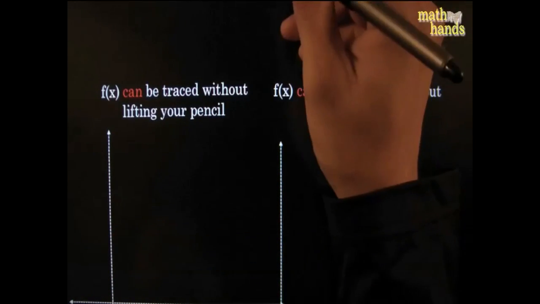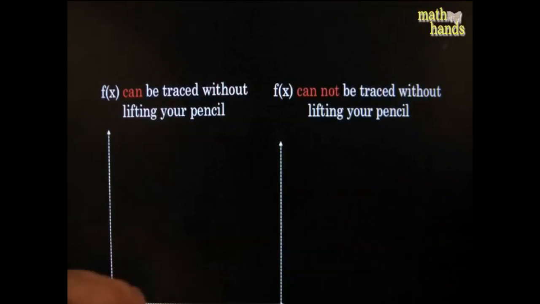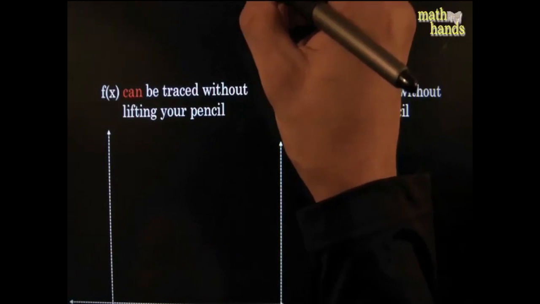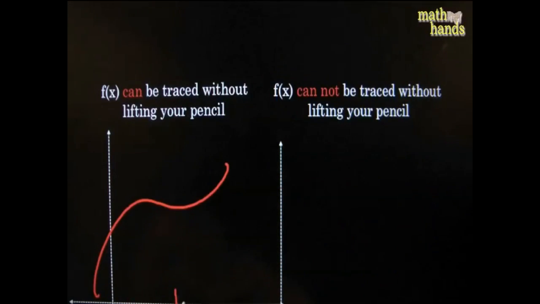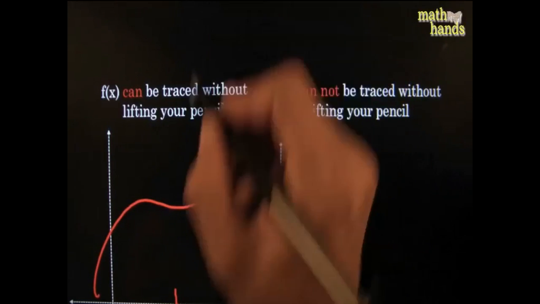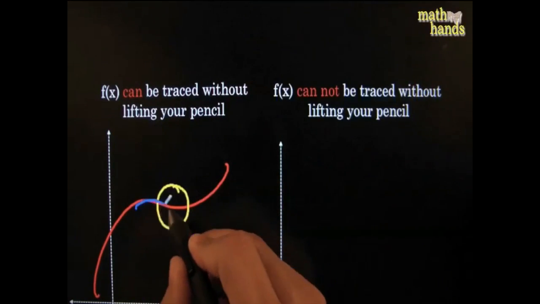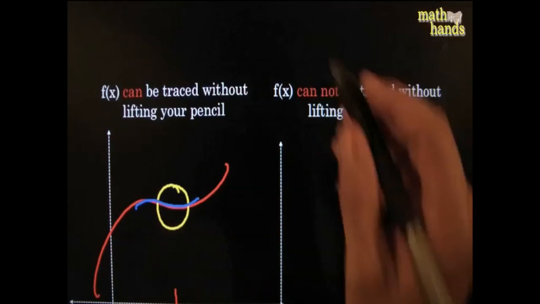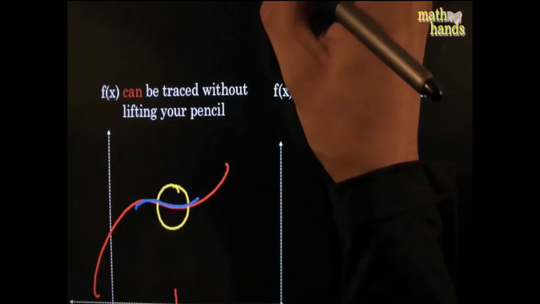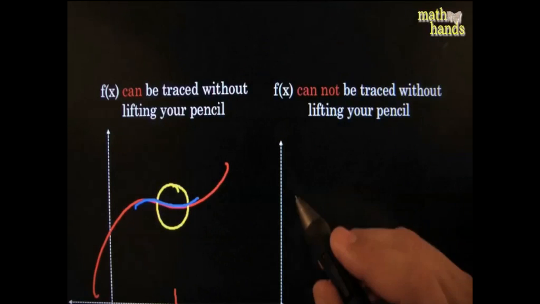But that's not all. Here again, something else could happen. Even if it's not that bad, something else could happen. Again, here's a function. Here's 5. You could pick a little neighborhood around it, no problem. It could be traced there without lifting your pencil. The other one could be a little bit less problematic,